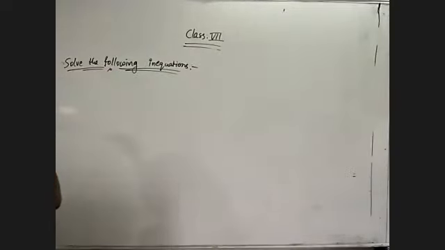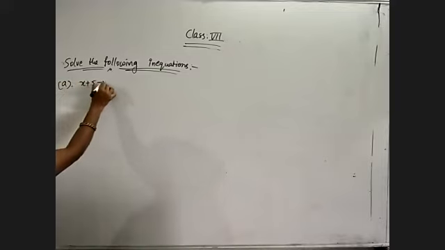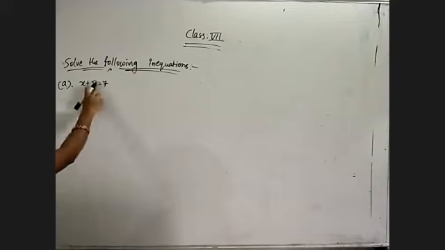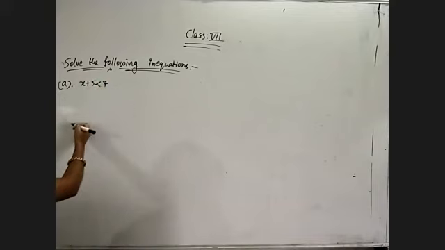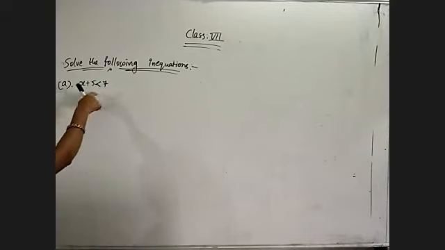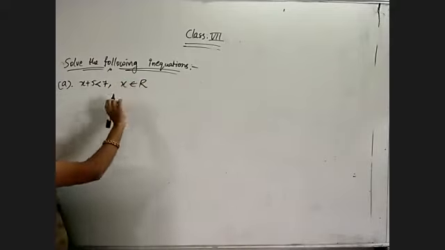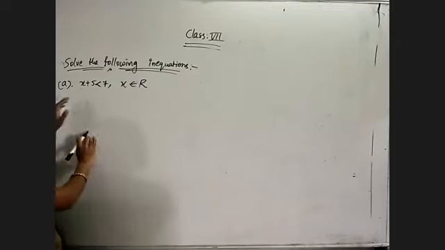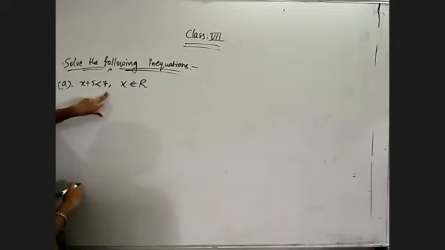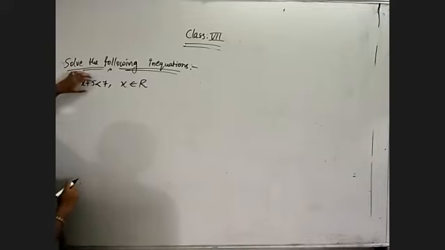So my first inequation is x plus 5 is lesser than 7. If it were equal to, it would be an equation, but now it is an inequation, and x belongs to R. R is nothing but real numbers; all numbers come into R. This is the inequation. The LHS is x plus 5 and the RHS is 7. We need to find the value of the variable x.